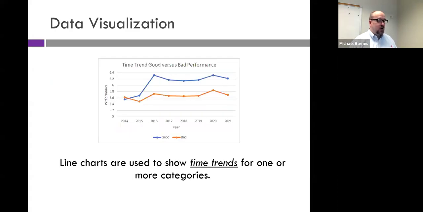Then we have time trends over time, and these are going to be line charts. Now, this is one of those that tends to get misused. But keep in mind that when we're looking at time trends, we're trying to see what is the relationship between something as it was in the past and as it looks in the future. And we want to see large variations. So what we're looking at in time trends is spikes in either upward or downward directions, and a large amount